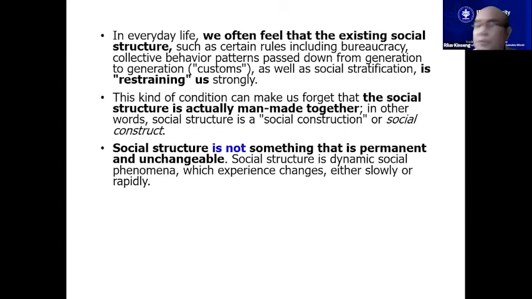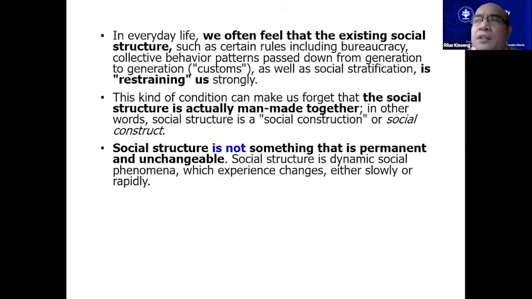For example, we sometimes feel powerless in facing the bureaucracy, the rules and regulation. We cannot change it easily. Now, this kind of condition, the feeling of powerlessness in facing social structures like rules, bureaucracy, and so forth, can make us forget that the social structure,